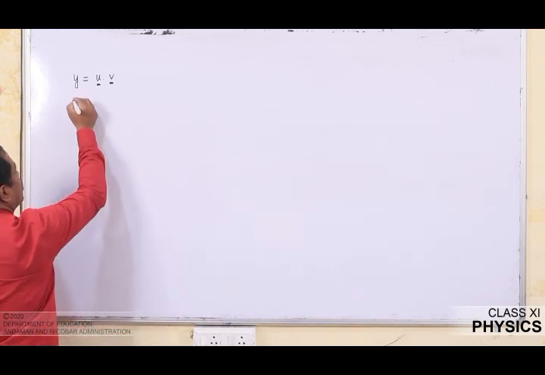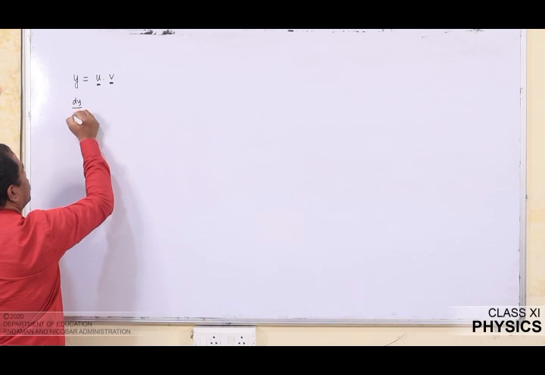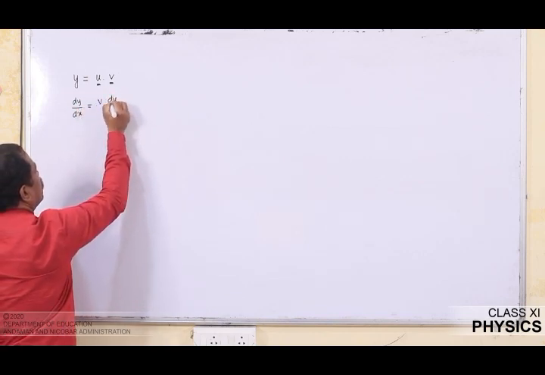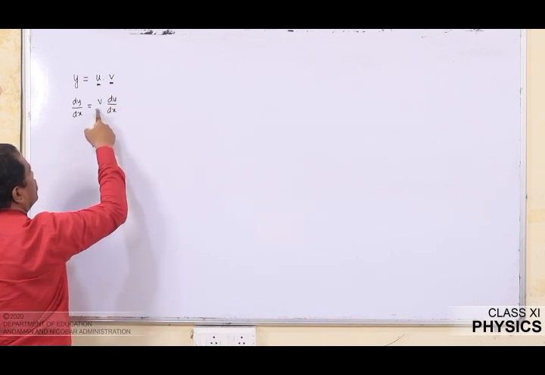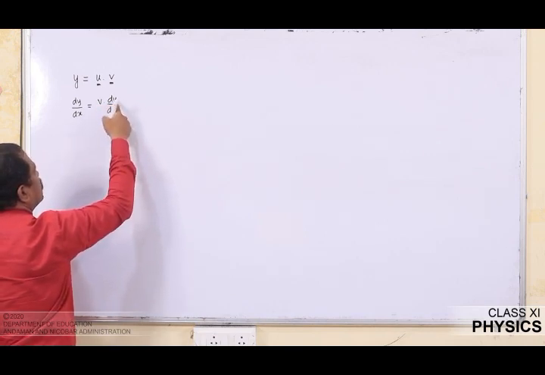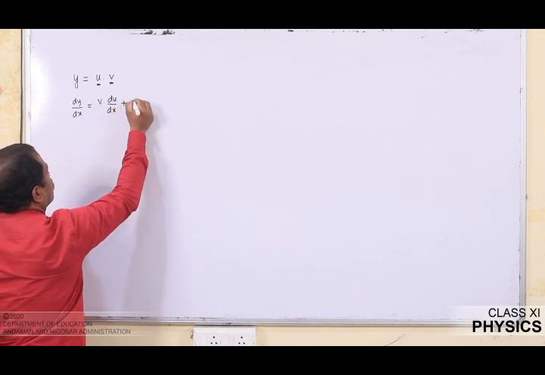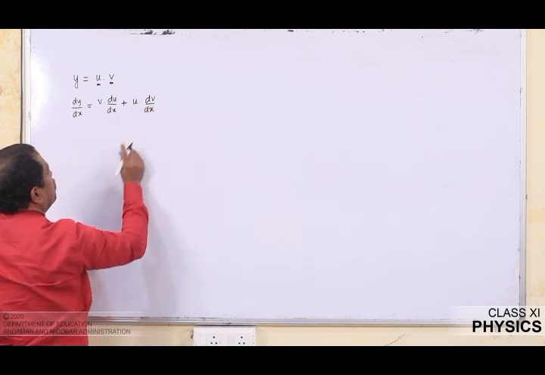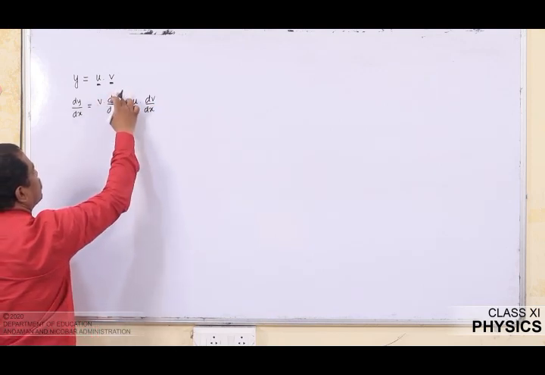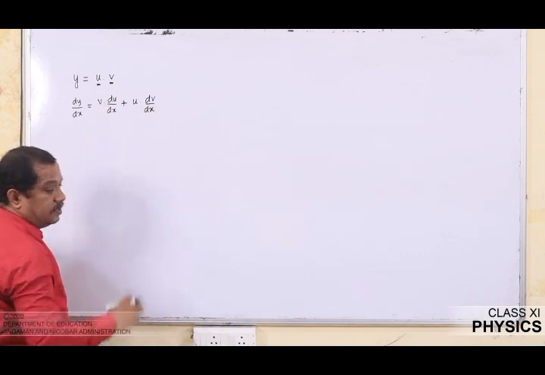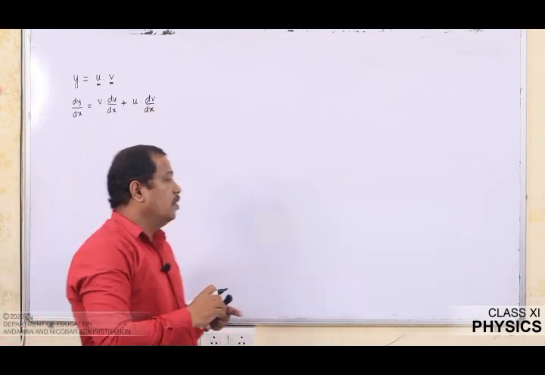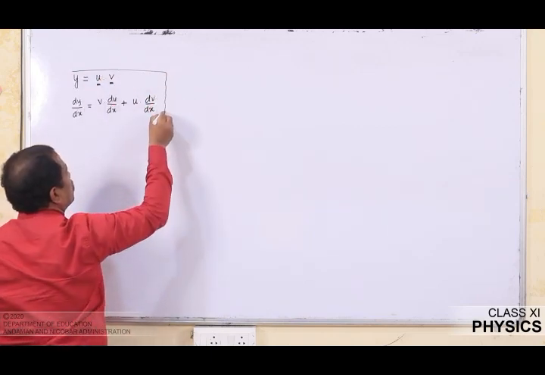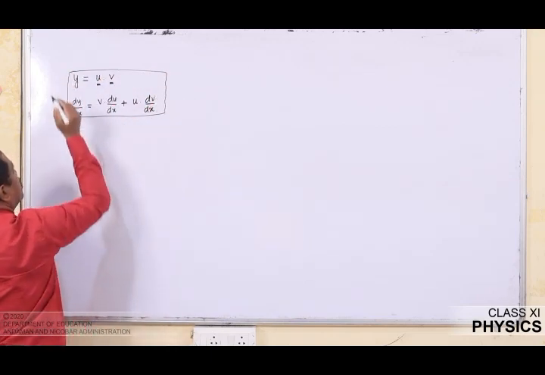In that case, when I differentiate, I will write dy over dx is equal to v times du over dx, that is second function times differentiation of first function, plus first function into differentiation of second. Some people may claim first function into differentiation of second plus second function into differentiation of first, both will do. In that case, I am going to use this concept to differentiate things.